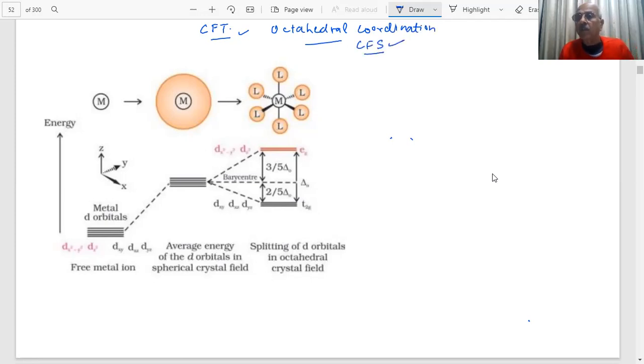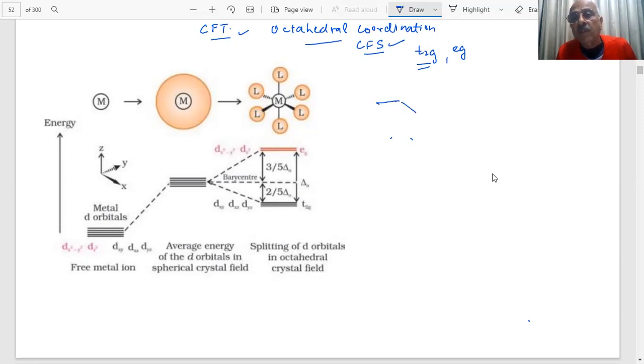In crystal field splitting, we have explained to you that when ligands approach from the x, y and z axes of the octahedral, the five d orbitals, which are degenerate, get split up into two sets of orbitals. One we call T2g and the other we call Eg. And you have seen the difference in the energies of the two. This is a very important point to calculate the crystal field stabilization energy.